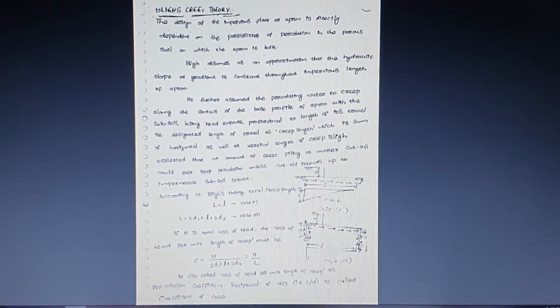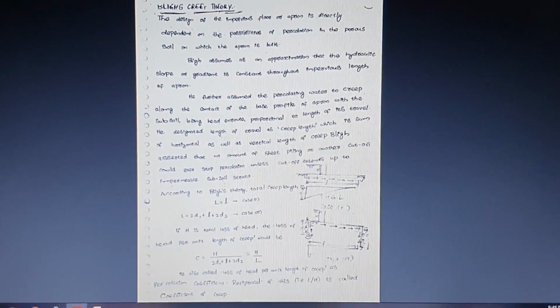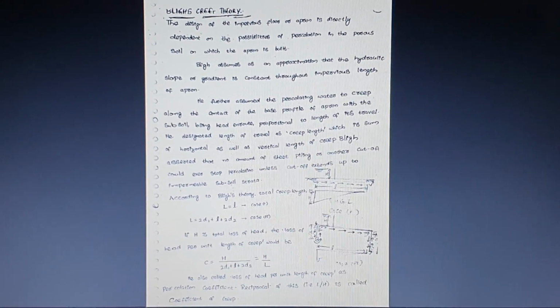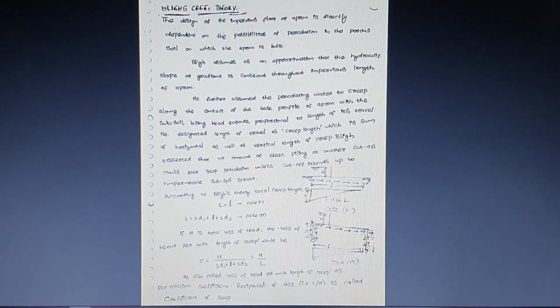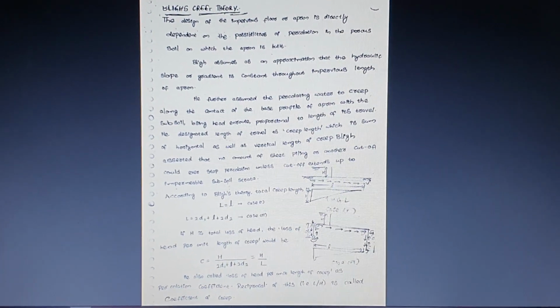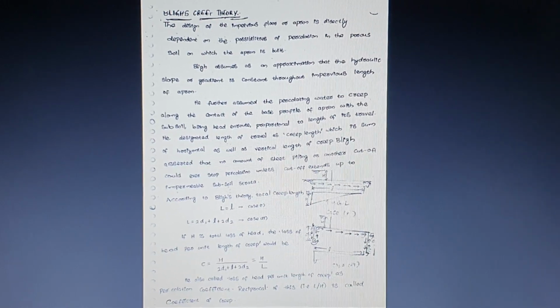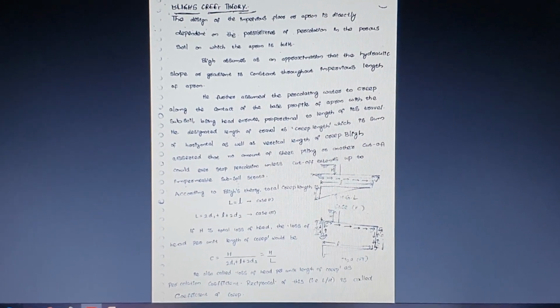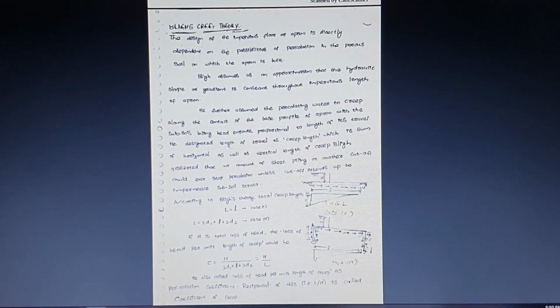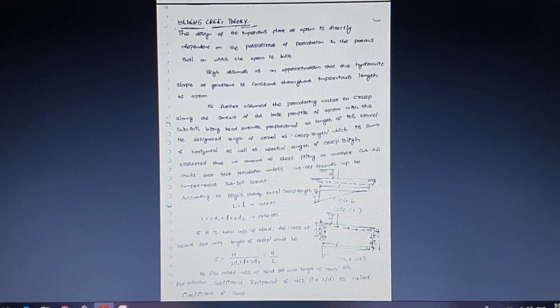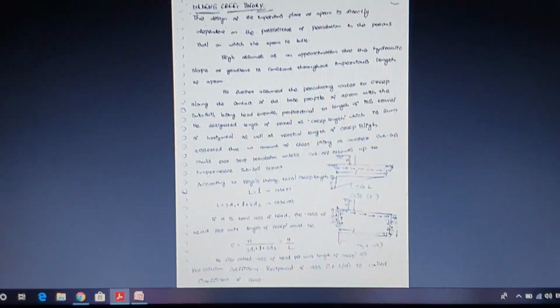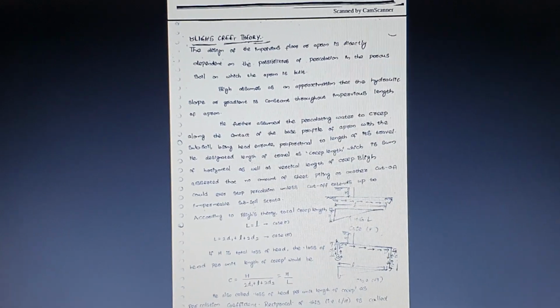The assumption of the Blitzkrieg theory is that whenever we design the impervious floor or the apron provided near the structure, it should be directly dependent on the percolation losses of the soil. That is the first assumption. Second, he said that the hydraulic gradient or slope gradient will be equal throughout the length of the apron. And he also assumed that whatever soil length or percolation length is going to erode away, he has considered as the creep length.